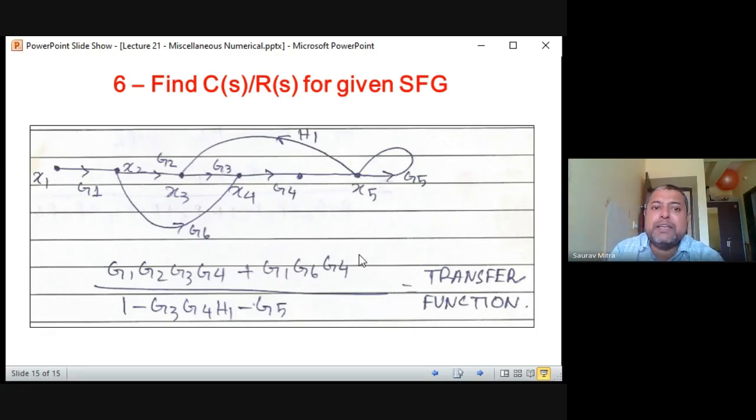So it is a complex looking system, but you are finding there is a very easy answer because there are only two forward paths, and each forward path is touching all the nodes in both the loops. So that means delta 1 is equal to delta 2 is equal to 1 in this case. So 6 numericals are solved today. We are not going to solve any more numericals on signal flow graph. So I'm declaring